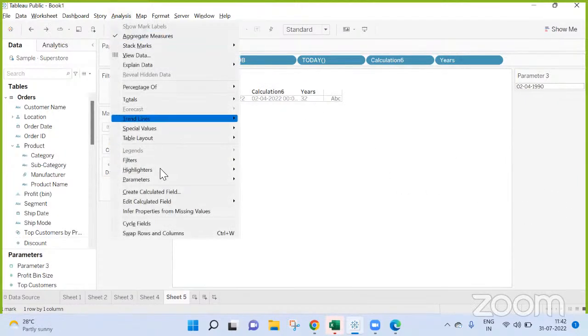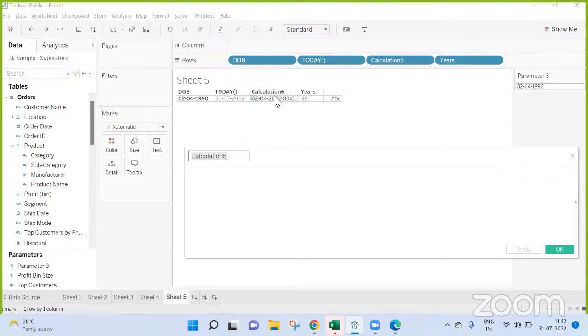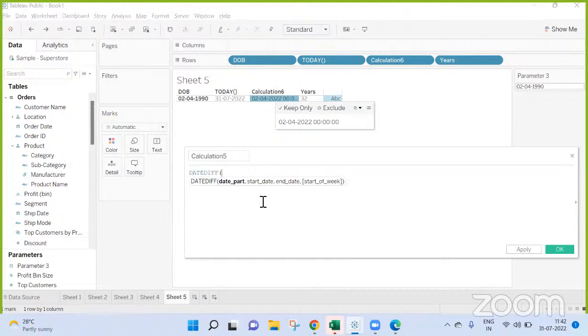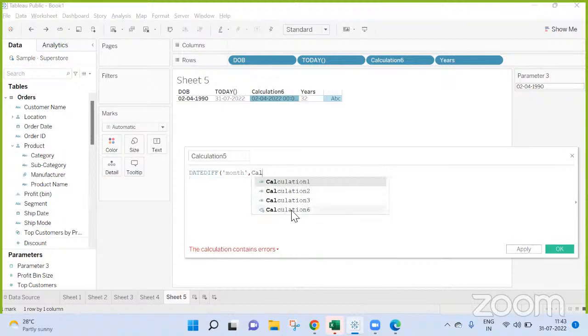Now I am interested in months. So I'll take this year, calculation 6, because till this stage I have covered his years, right? Now I need to cover his month. Date diff of month, comma, this is the previous one, so I'm taking calculation 6, comma. From here, I need to calculate how many months are there, right?